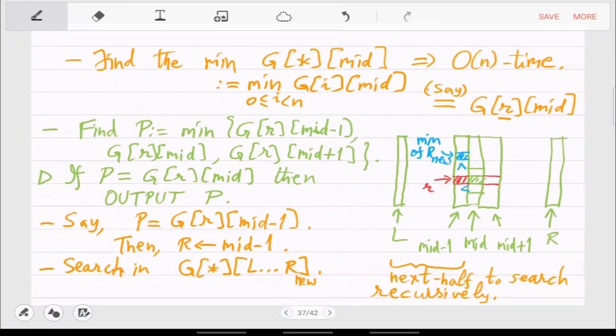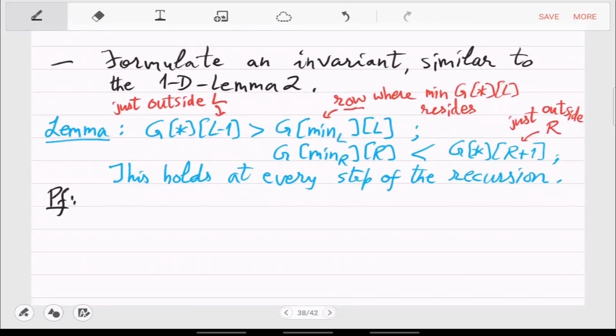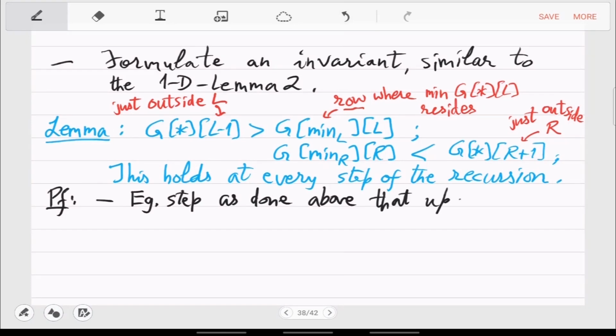So, example step, as done above, that updated R by moving to the left.